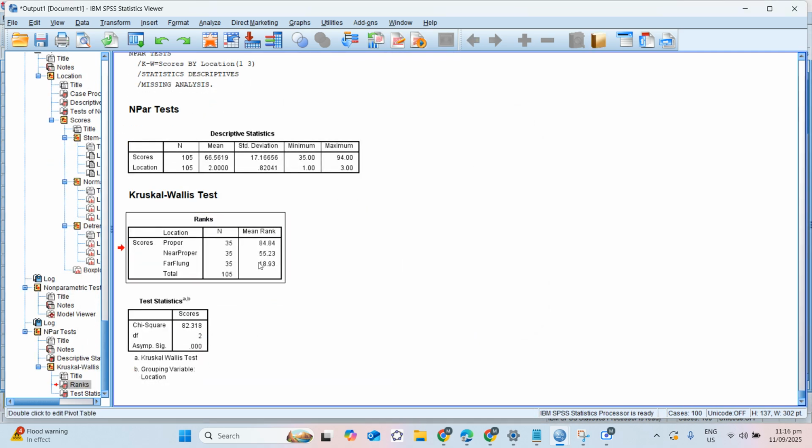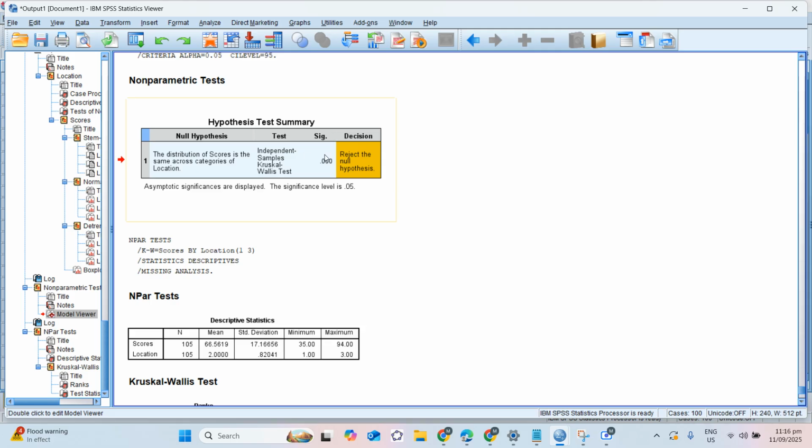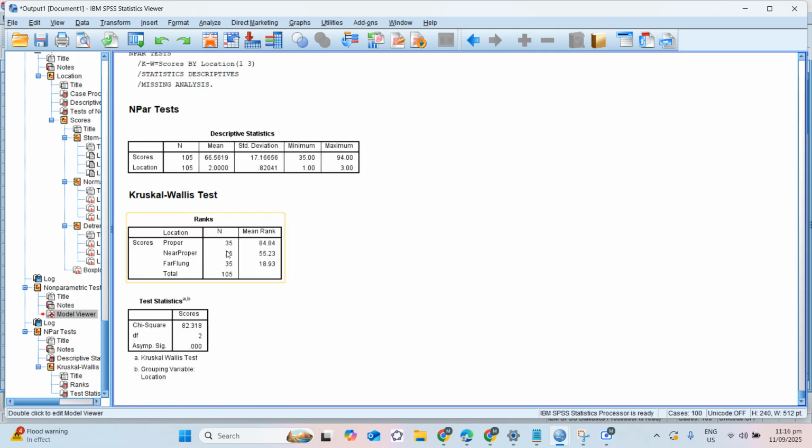So in the result, this is better than the result earlier since only the p-value was shown there. But in the new result here, we have descriptive statistics, the median of those students from proper areas. But in SPSS, it's shown as mean rank. So the mean rank from the proper is 84, near proper is 55, far flung. Really, those are different. Scores in the proper are higher than near proper, then scores in near proper are higher than far flung.